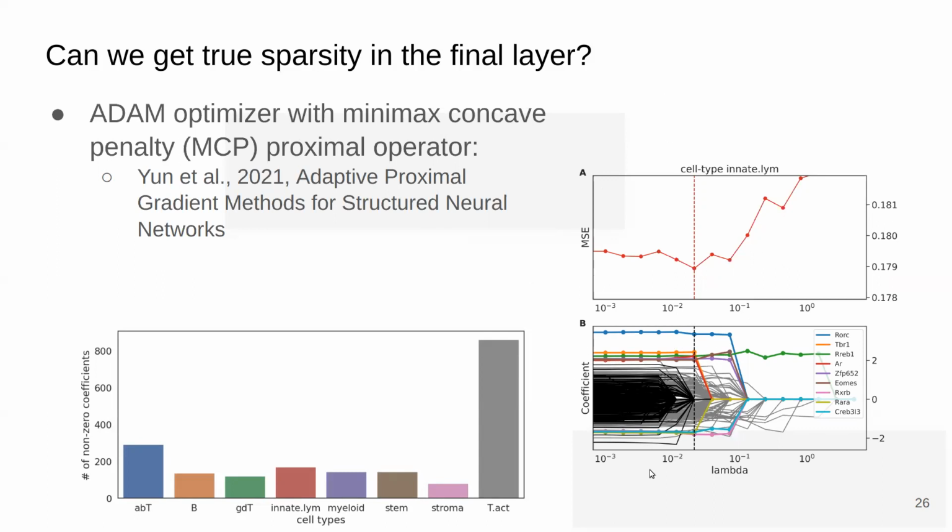You can look at the coefficient dropout curve. This is just on the innate lymphoid prediction, and here it is over all the cell types. At the best prediction, at the lowest MSE, the number of non-zero coefficients we get is quite a bit smaller than the total number that we put in. Interestingly, you need quite a few more transcription factors to predict T cell states, which people have noted before: there's not actually a master regulator of the T cell state, so that's quite consistent with known biology.